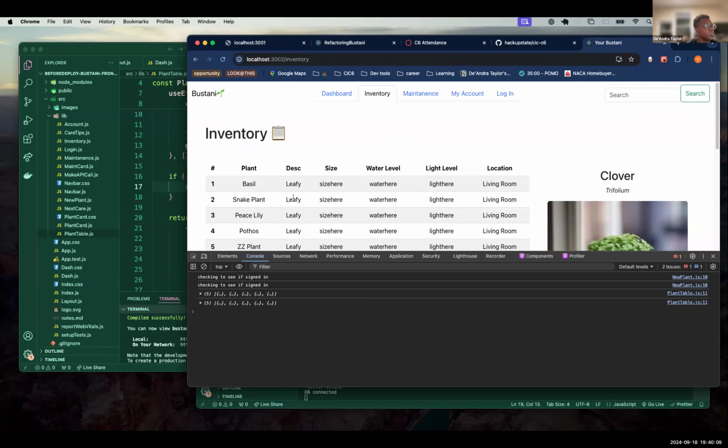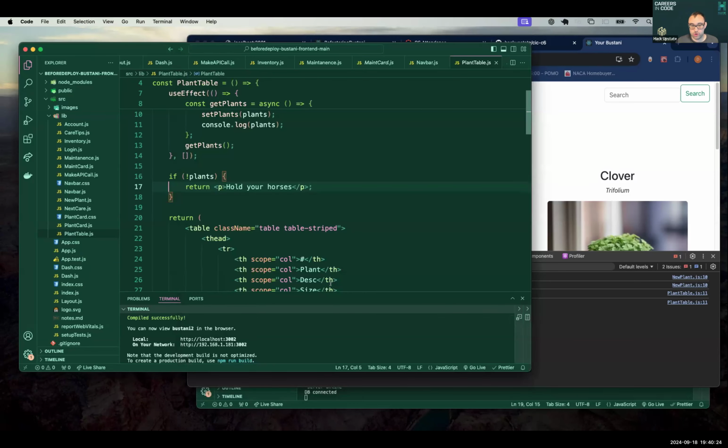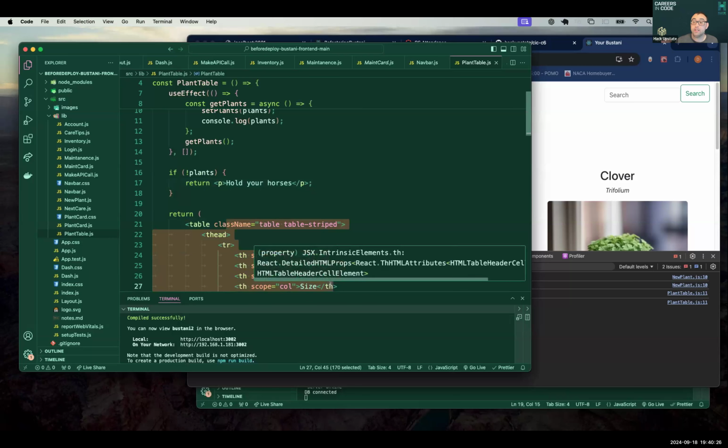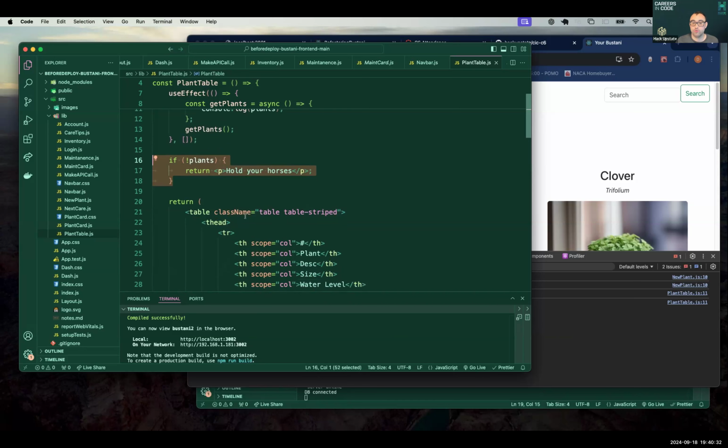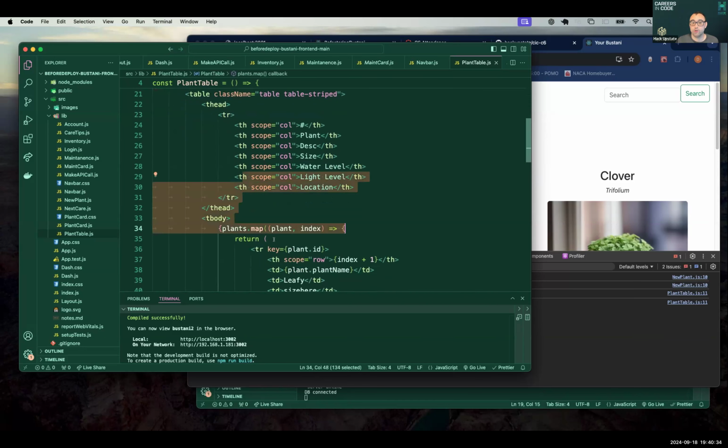So you've got to give it something to do while it's making the connection. It gets to map, and it's like, how can I loop over data that I don't have? And it errors out. So you've got to tell it, don't try to do any of this table stuff, including mapping over the data, if you don't have it. But once you have the data, ignore this and go do this instead, which includes the map.